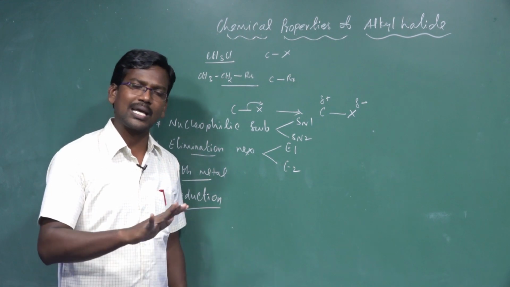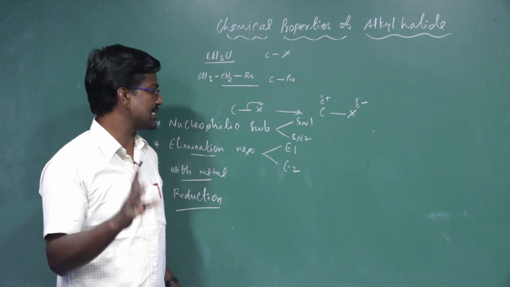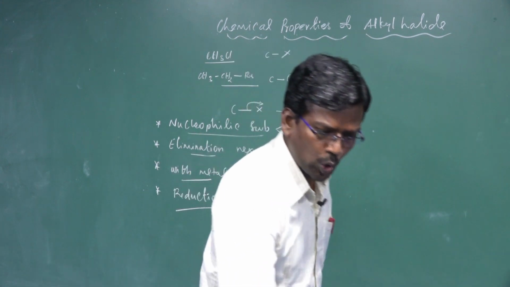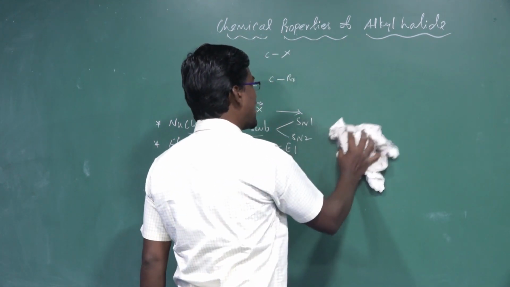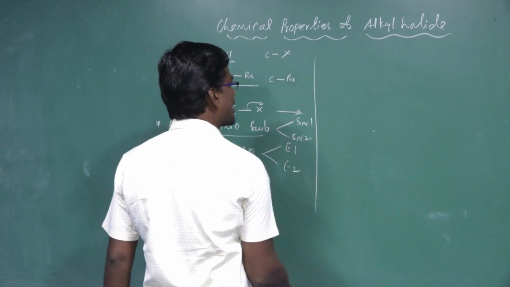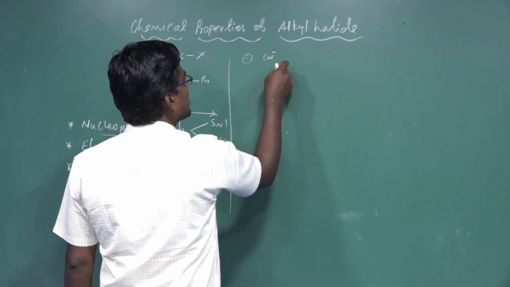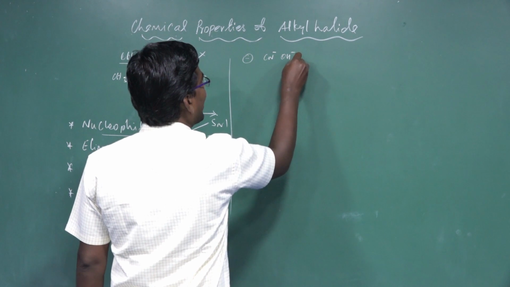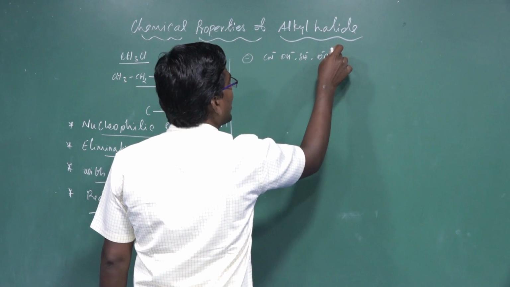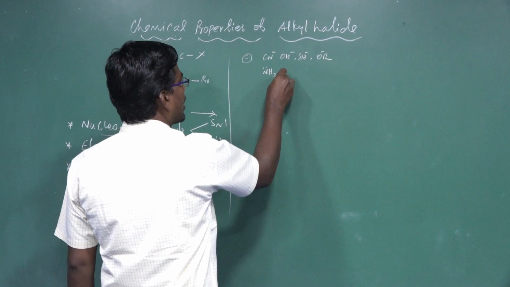All these chemical reactions easily occur in alkyl halides. In the first one, nucleophilic substitution reaction, totally how many nucleophiles are there? Two types of nucleophiles are there. One is a negatively charged nucleophile, another one is a neutral nucleophile. Negatively charged nucleophiles are all negatively charged particles, for example, CN minus, OH minus, SH minus, and OR minus. Then neutral nucleophiles, NH3, where nitrogen possesses 1 pair of electrons,